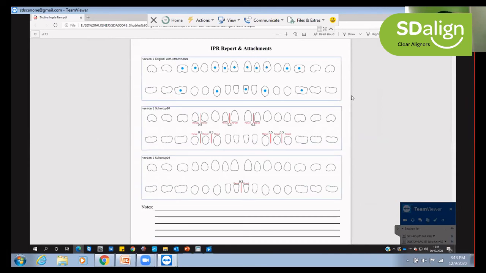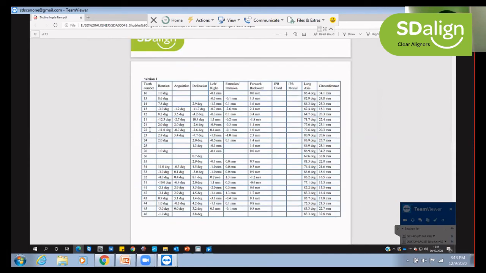So if we see for this case, let's just have a look. What is the total tooth movement for 1-3? See, vertically it is minus 2.6. So there is extrusion of 2.6 mm. Then backwards it has tipped backwards 2 mm.